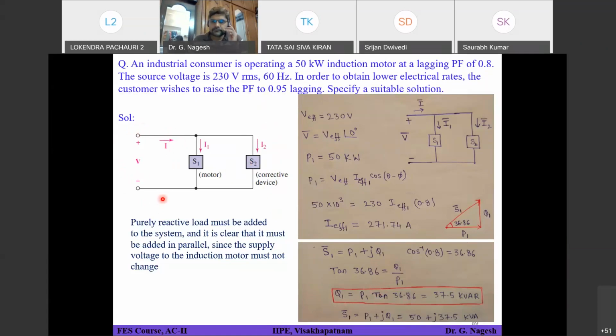Okay, so one question I will ask: after connecting your second load to the system, the total real and reactive power which is delivered from the source we are trying to calculate. In that scenario, whether this second load will consume some real power or not. No, sir. So why should it not consume real power? Because, sir, it is reactive in nature.